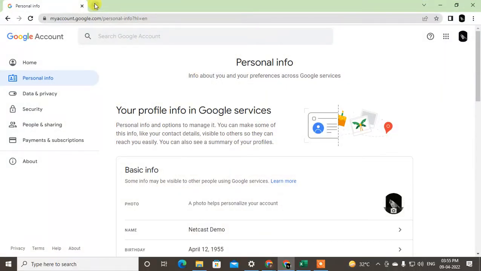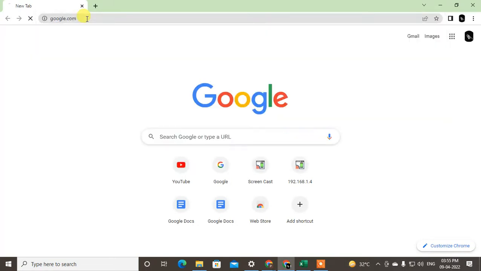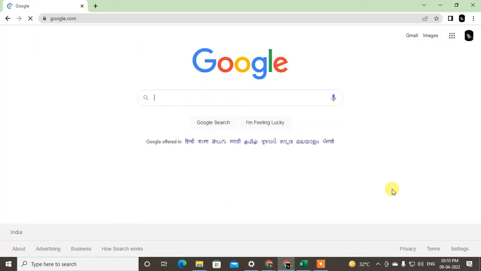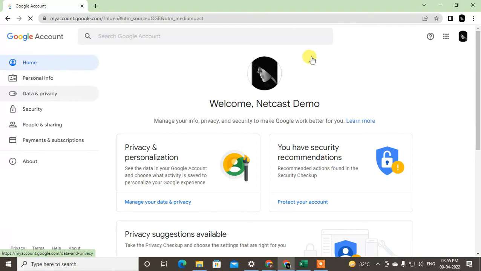Okay, so here first come to Google. Type Google here, and maybe your language will be different here. So you can find the language setting. Just log in with your Google account first, then click on your profile photo and go to Manage your Google account. Okay, and here you will be brought to the next page, which is your My Google Account,